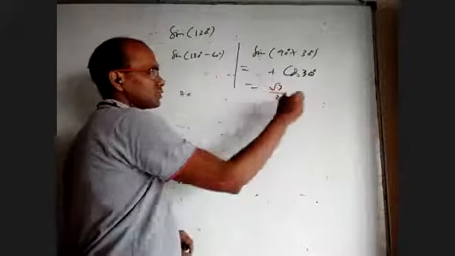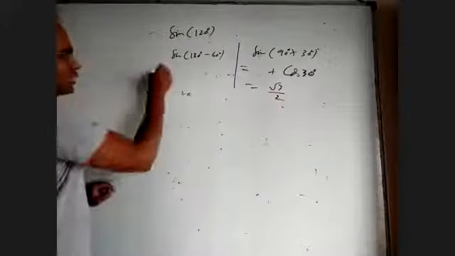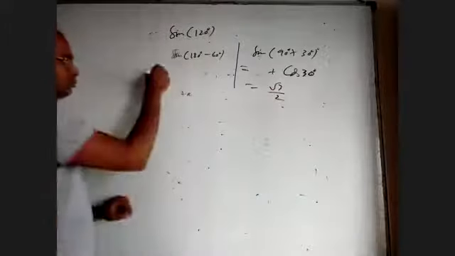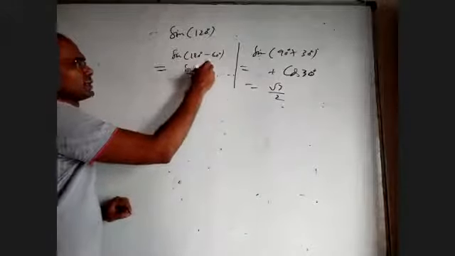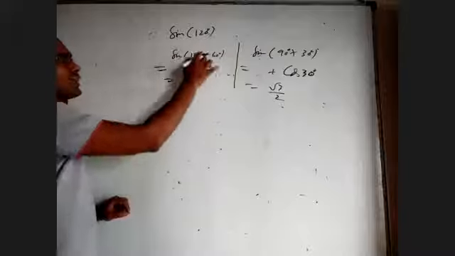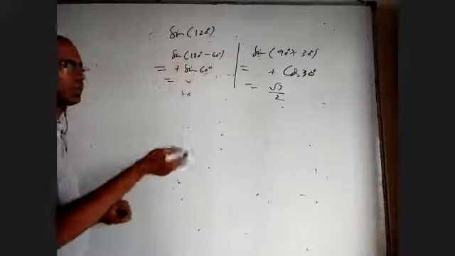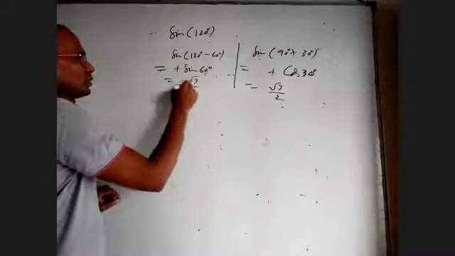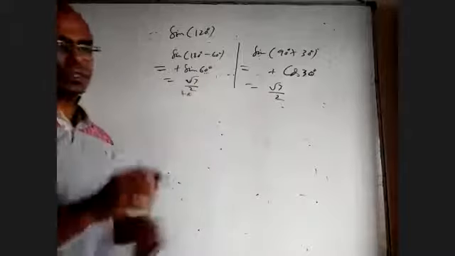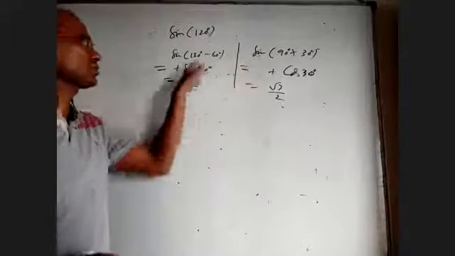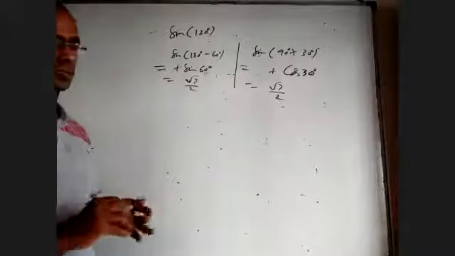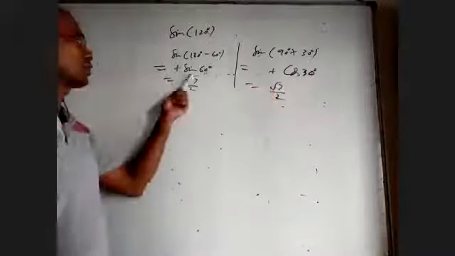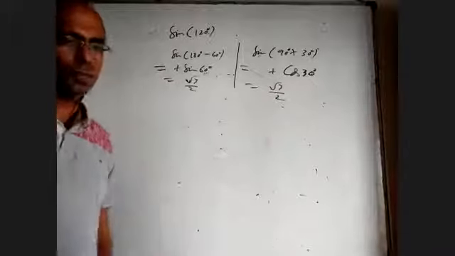And cos 30 is root 3 by 2. If you are using sine of 180 minus theta, 180 is an even multiple of 90, so sine will remain as sine, so it will be sine 60. And in the second quadrant sine is positive, 180 minus. So again, it is root 3 by 2. Whichever way you do, the same answer should come. Sine 120 is a fixed angle. Here I might have got cos 30, here sin 60, but both are positive and equal.